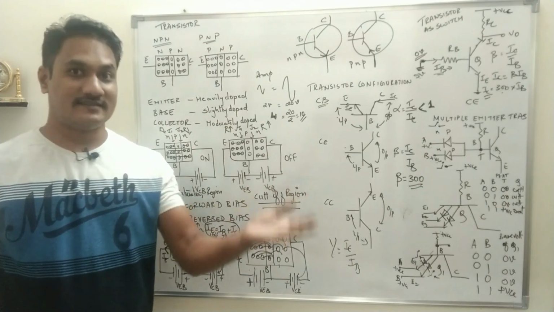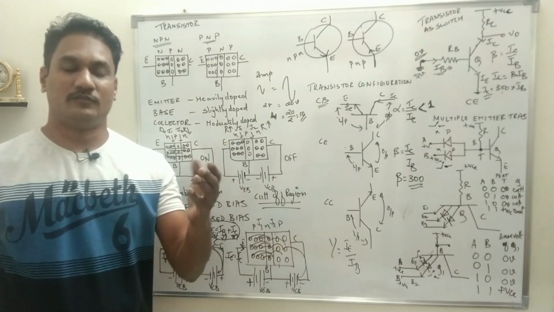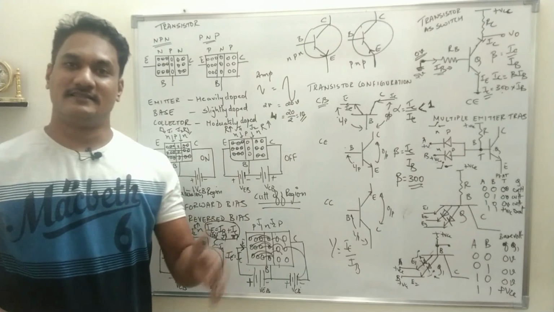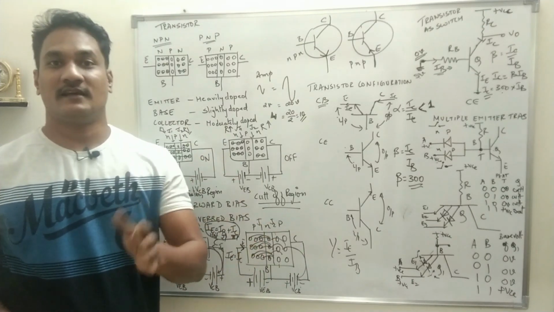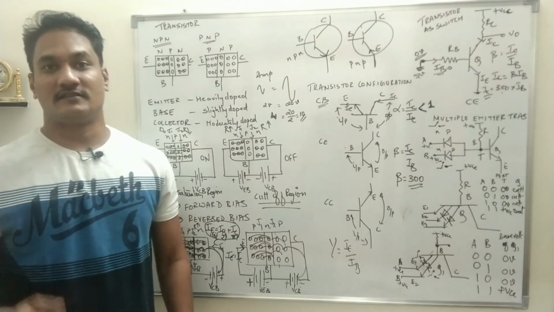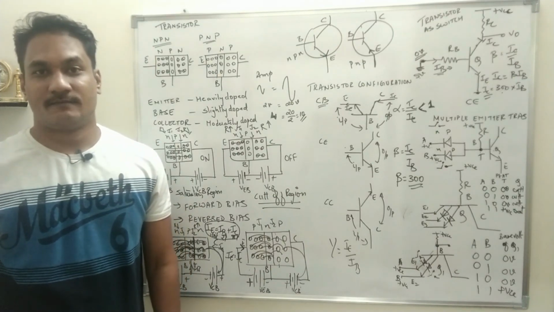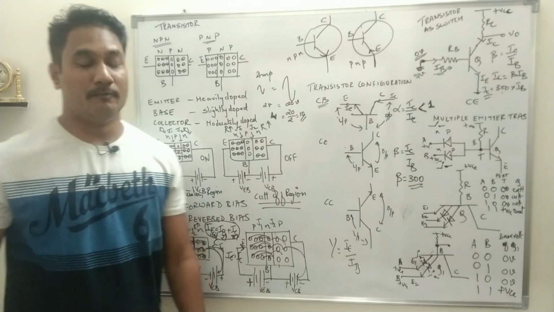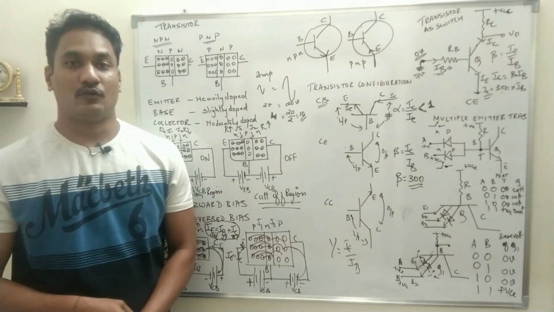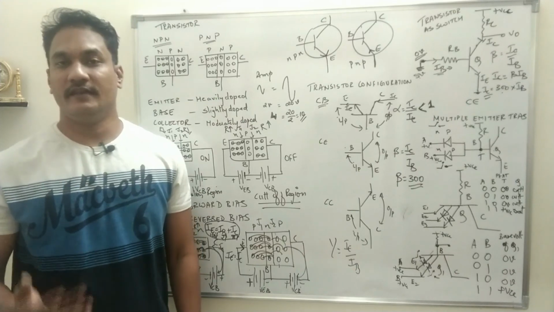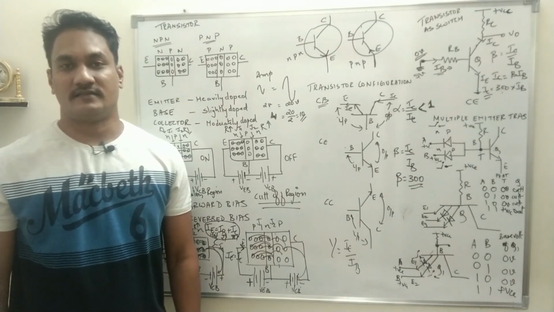So this is how transistors can be used. Basically, gates are designed using transistors. So this is how you can make the transistor work as gates. So this is the basics of the entire transistor. This is what we are going to use in TTL, transistor